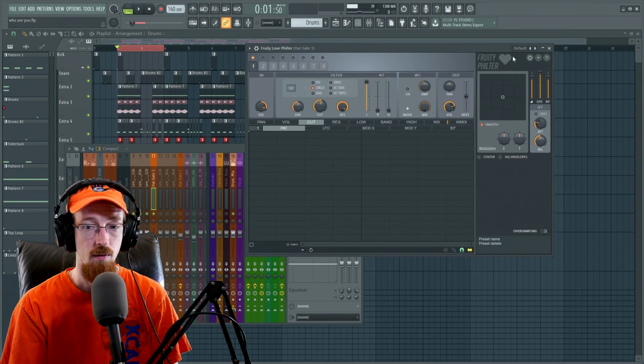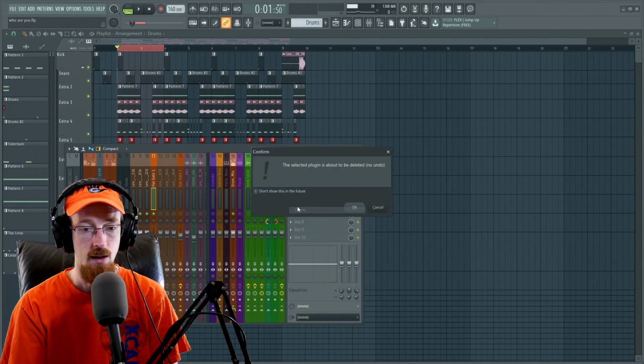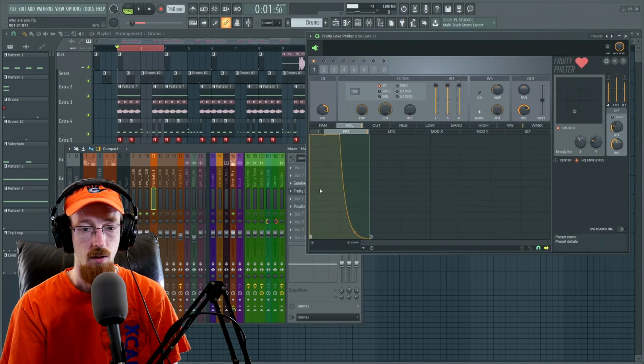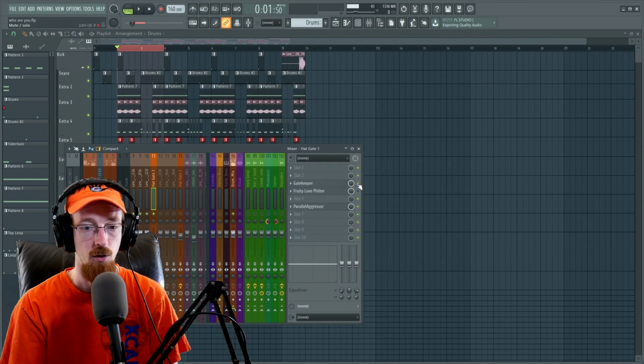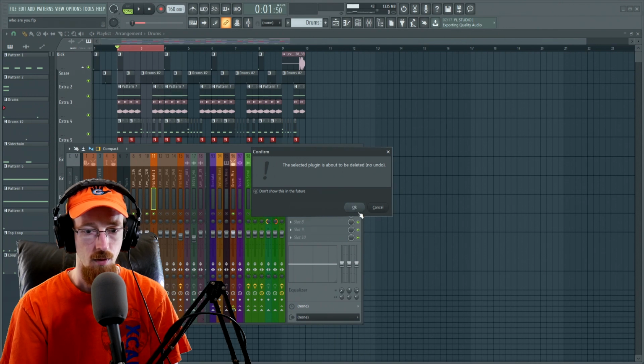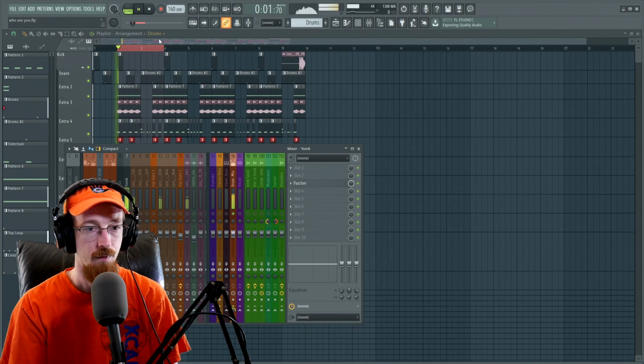So I'm using a couple of these ideas throughout here. If we go ahead and delete these. So the main one I use though is I love using shapes like this to clean things up. I'll grab the Fruity Love Philter all the time for that kind of stuff. But there's also a sound design thing I'd like to show you. Here on the yoink sound,